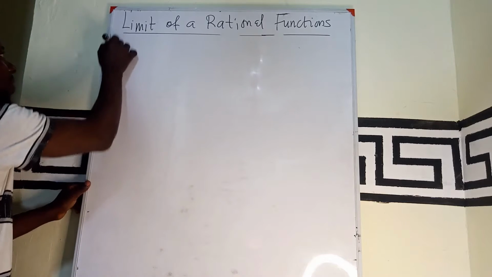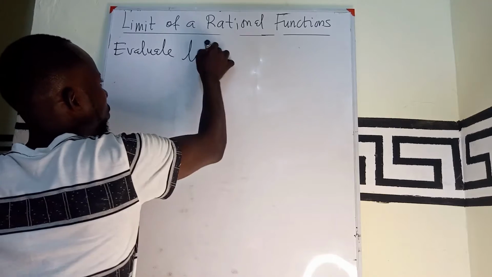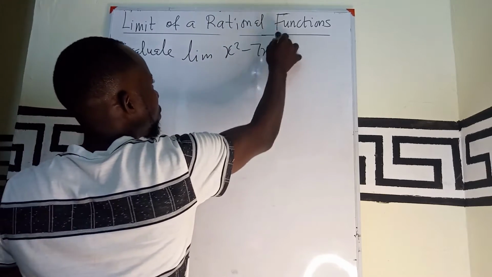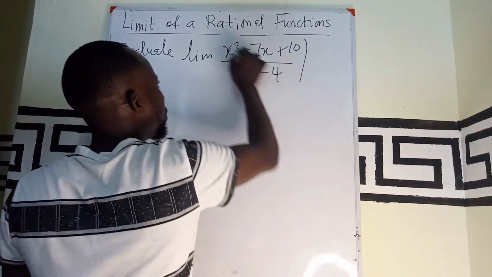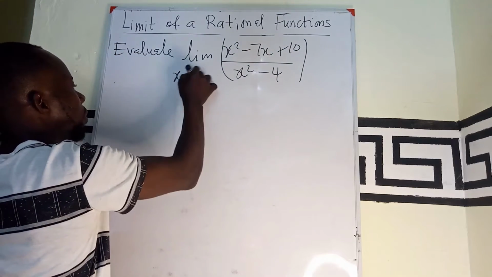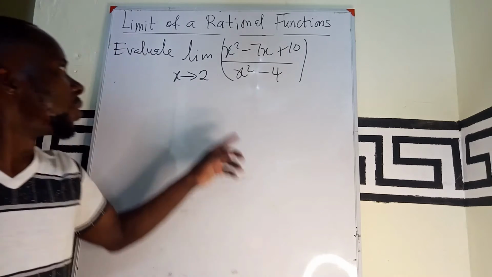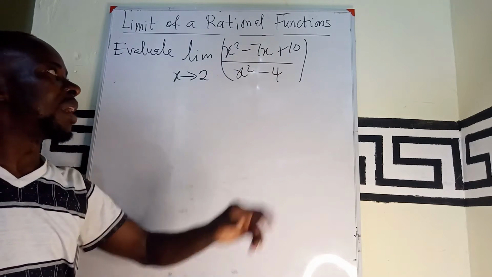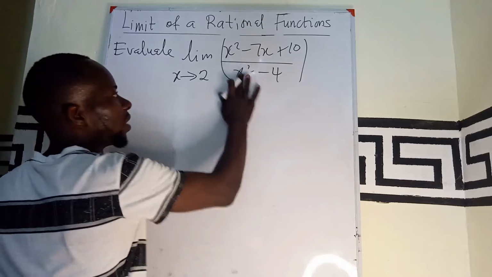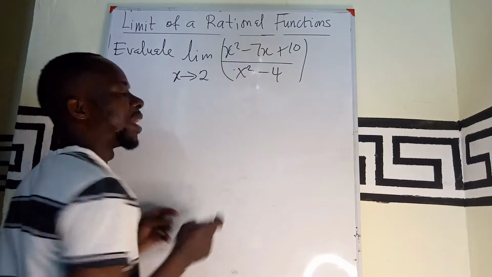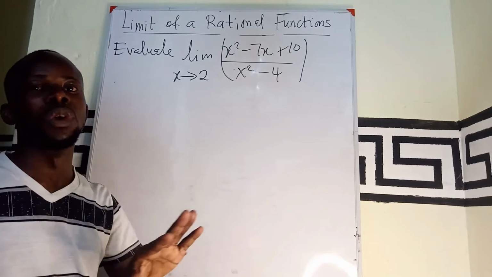If you are asked to evaluate this, x squared minus 7x plus 10 all divided by x squared minus 4. So if you want to substitute the value of x as 2, you are going to have